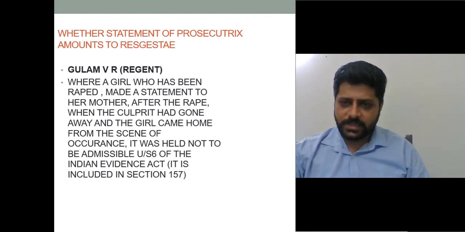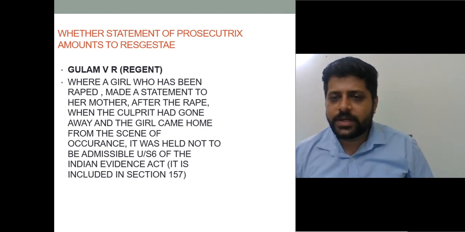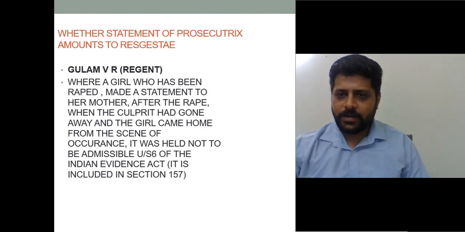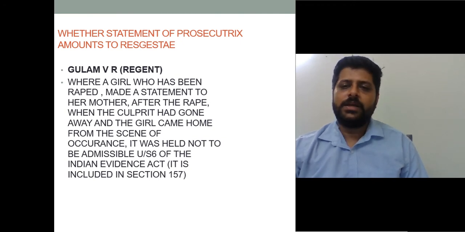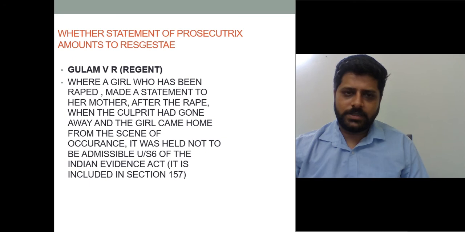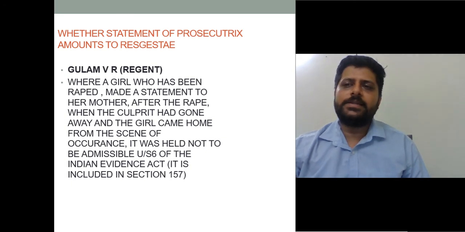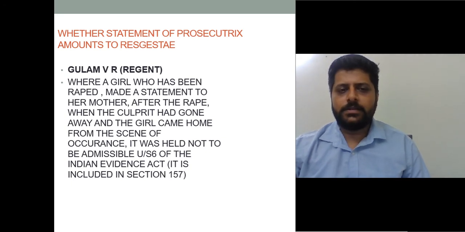When her mother asked her what had happened, she replied that she was a victim of rape, and because of that her mother lodged an FIR, and she gave her statement that I heard from my daughter that she is a victim of rape. So, in this particular case, the court held that this deposition or the statement